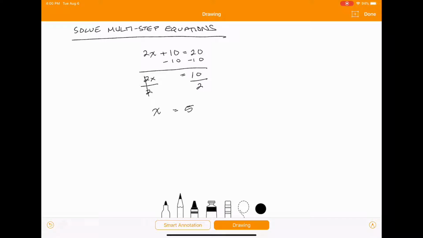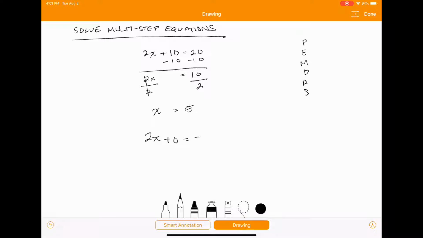Now, when you're solving your equations, you kind of do your order of operations backwards, in a way. This isn't a hard and fast rule, but you can use it to help you remember what's going on. So again, remember that whatever you do to one side of your equation, you've got to do to the other. So if we were to look at this,